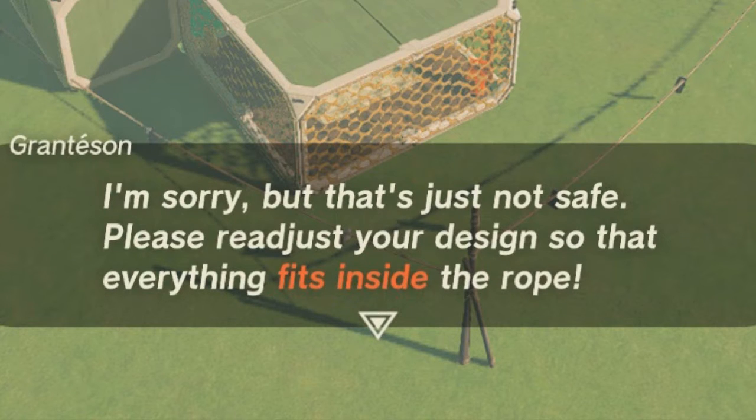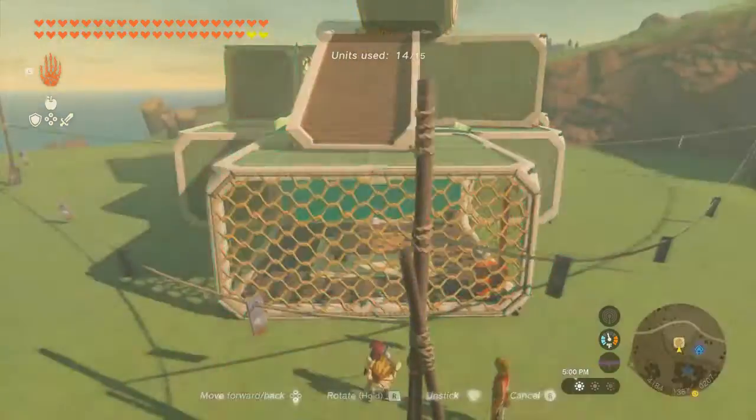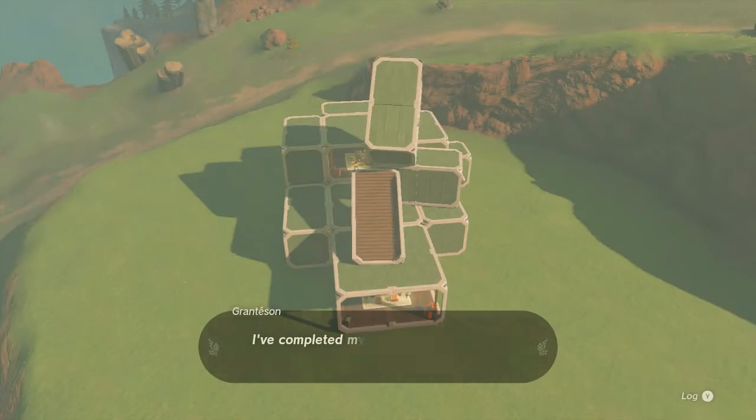Yes, clearly here the issue is that this concoction is sticking outside of the arbitrary rope, not the fact that it's just tipping like this. Obviously, once I put it back in the rope, he's going to say something like, "Oh, this is unsafe, I can't..."